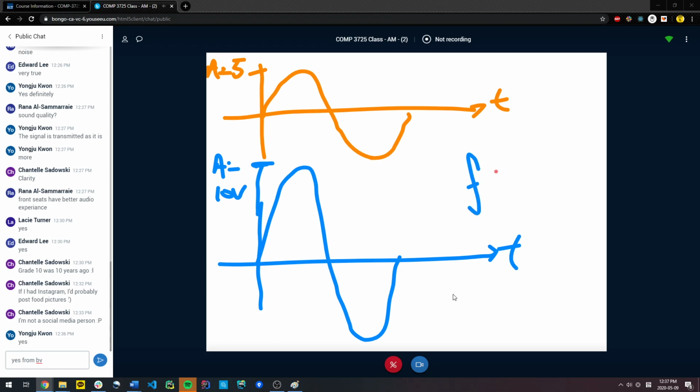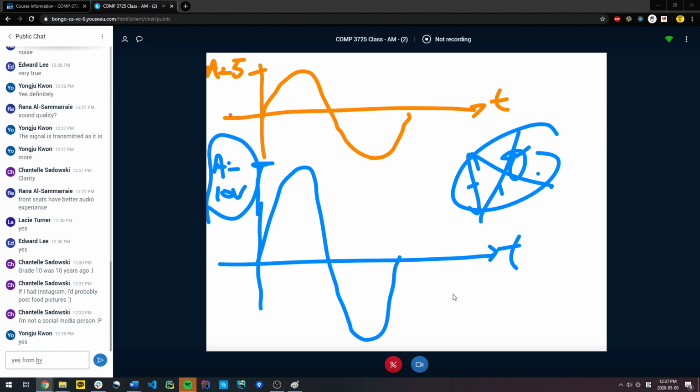Everything else being the same. So it has the same frequency and the same theta, phase shift. So this I did not change, but I simply changed the amplitude. Why do I want to do that? What's the purpose of that? What does it gain for me? Anyone? Why is it that I want to have amplitude equals 5 and amplitude equals 10?